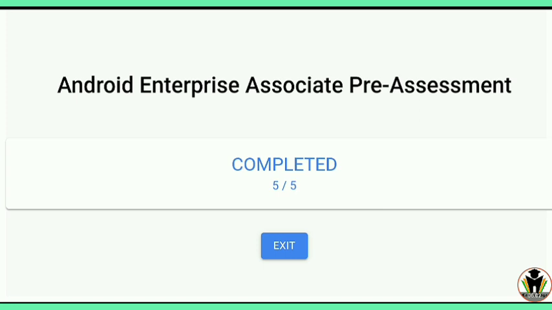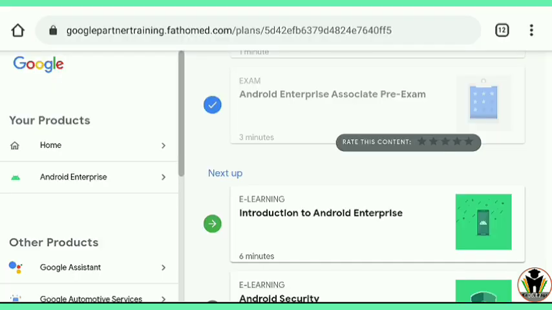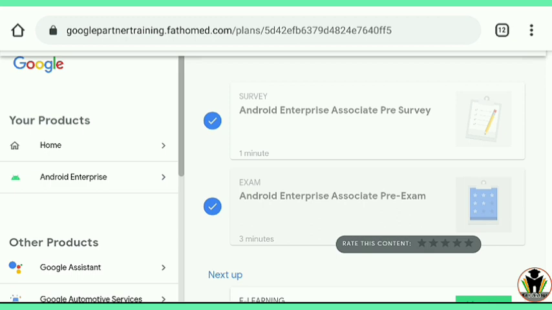We completed this assessment with full marks, 5 out of 5. Now we are going for the next one.